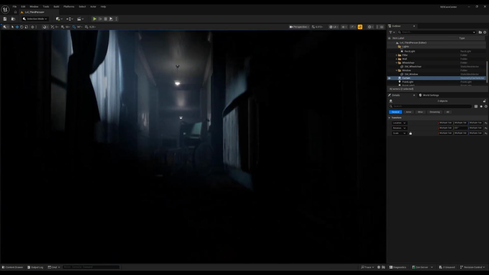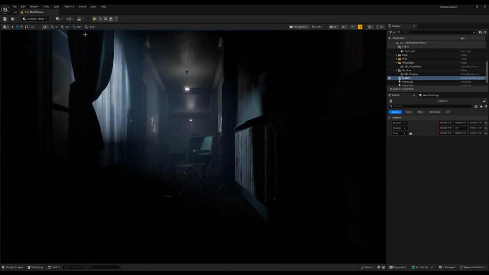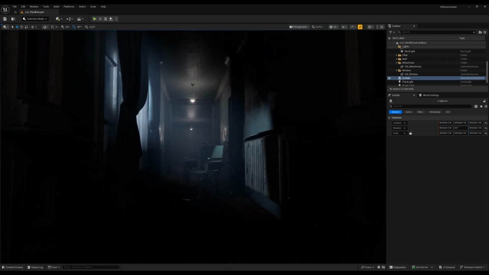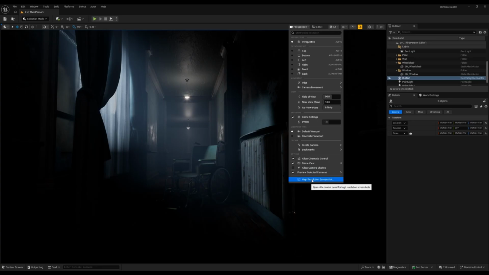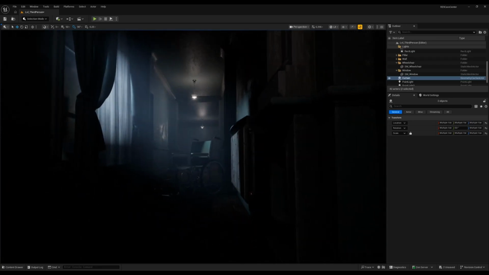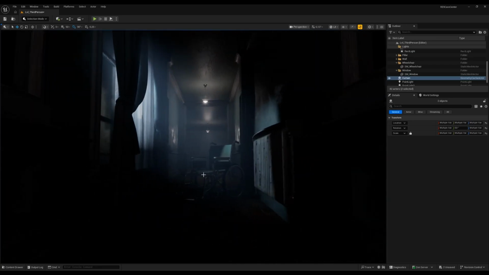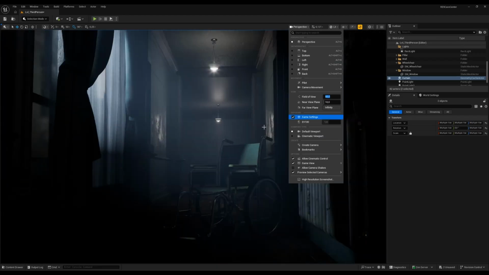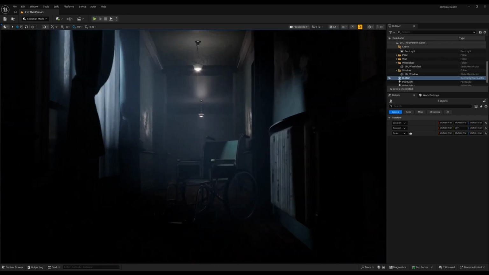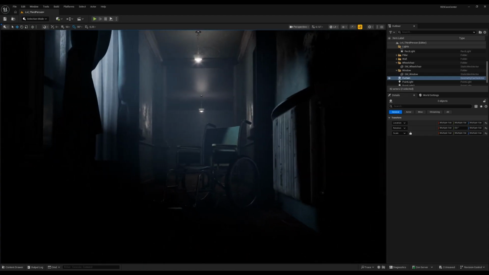Feel free to place it maybe. What you can do also now, if you want to get a nice shot, a nice screenshot, you can, of course, go here. And in 5.7, sorry for that, they changed it all. When you click on perspective here, high resolution screenshot, you can always place your viewport here. And if you want to do a different type of field of view, go to the field of view here. And let's put this maybe to 50. Or let's do 60. And then you can also just have a little more focus. You can also go a little more